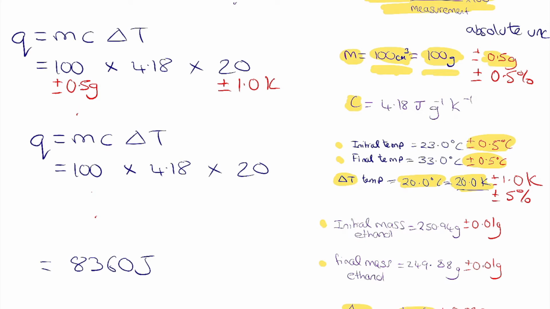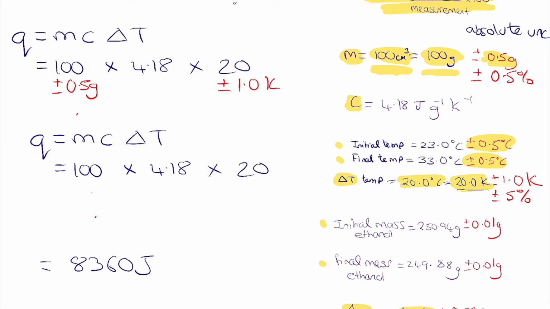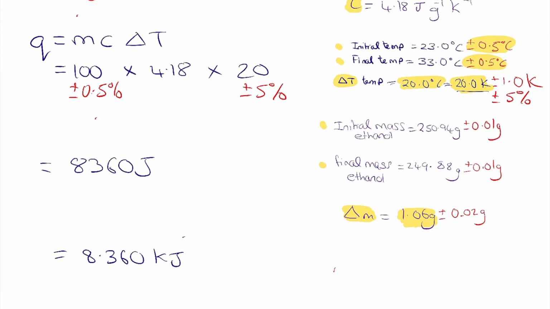Then we've got to write the equation again underneath. And this time we add the percentage uncertainties underneath. So this ends up being 0.5% as the percentage uncertainty that we worked out. And the 20 has a plus or minus 5% uncertainty. Then we've got our answers. Okay, so what we do at this point is we add our percentage uncertainties together. So when we add our percentage uncertainties together, we end up with 5.5% as our total percentage uncertainty for this